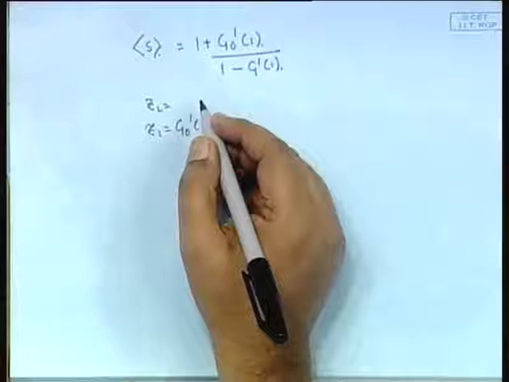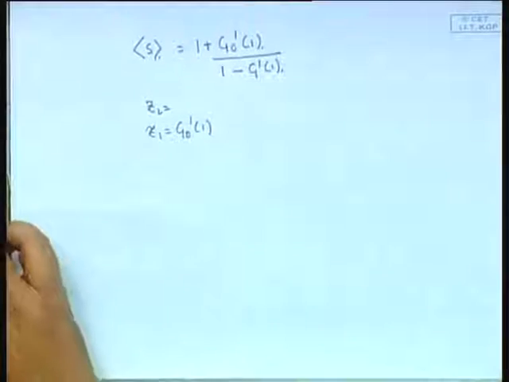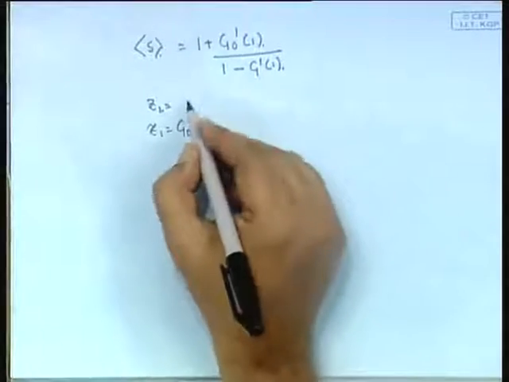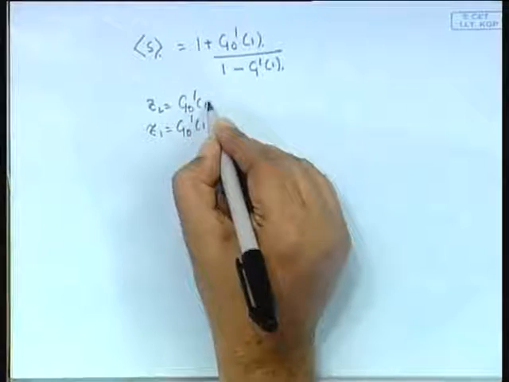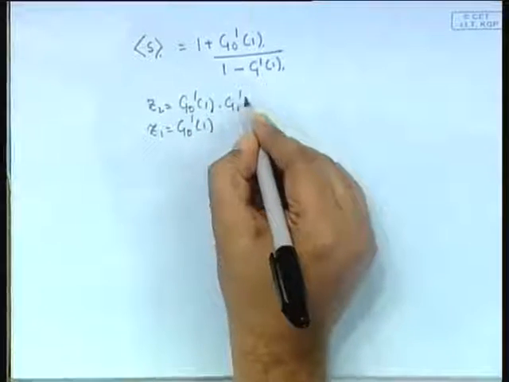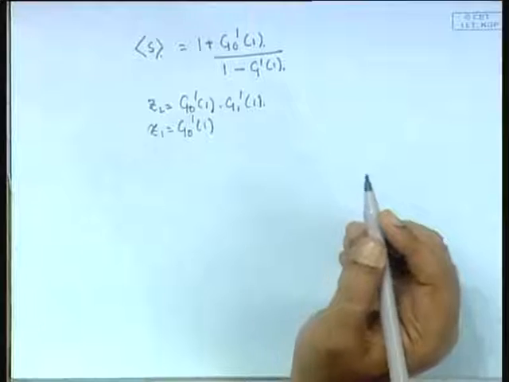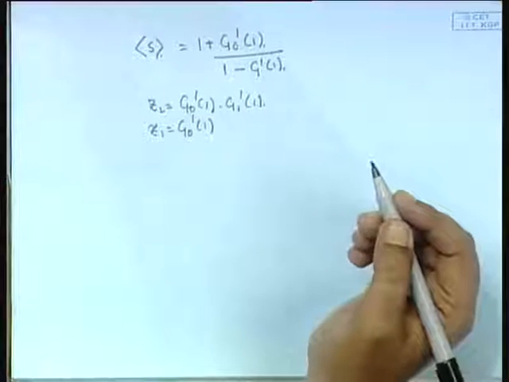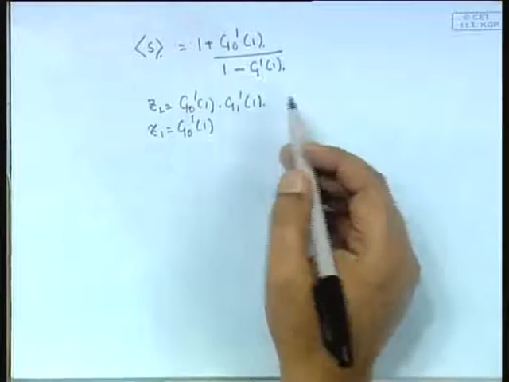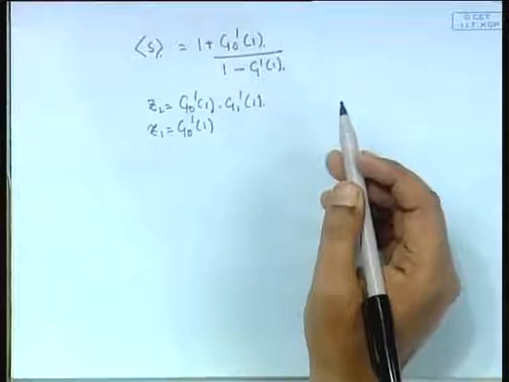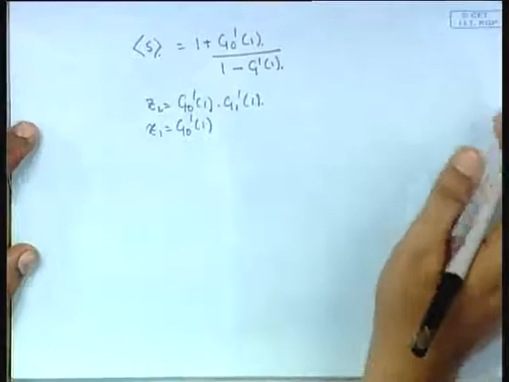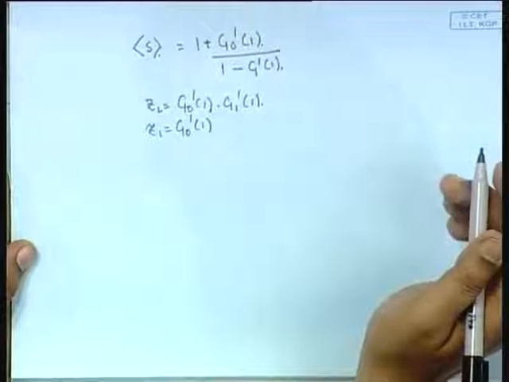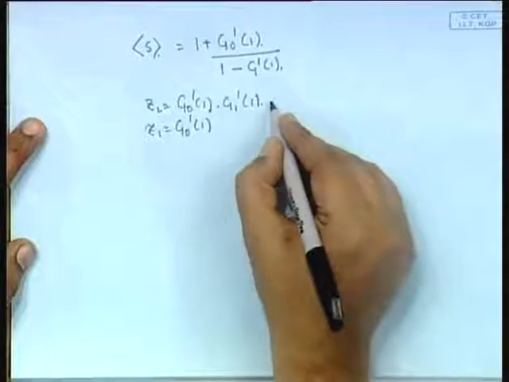Yeah, and one step before, G 0 dash 1 into G 1 dash 1. Okay. Z 2 was that, and from there you got this. Okay. So, actually Z 2 is